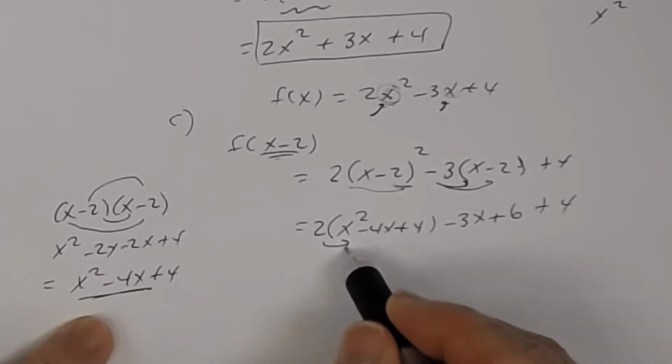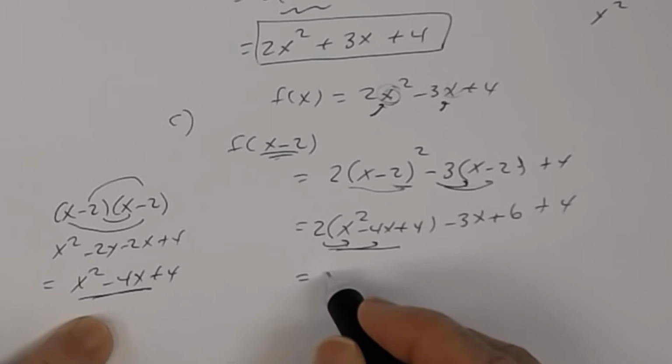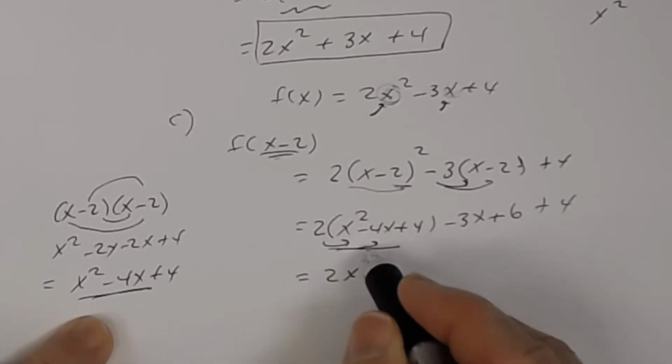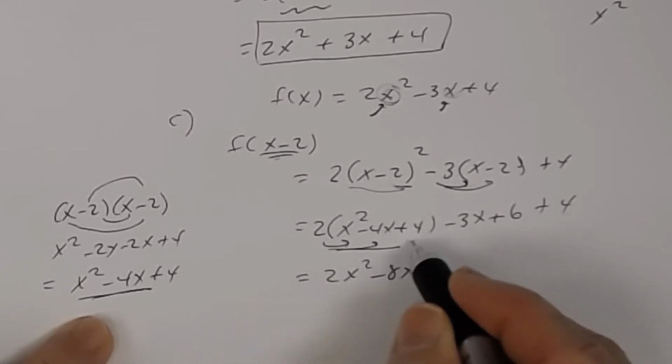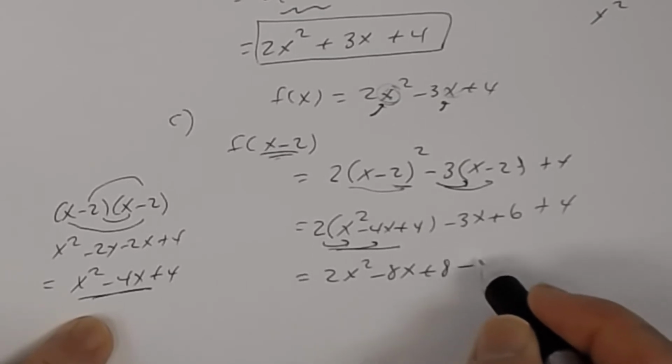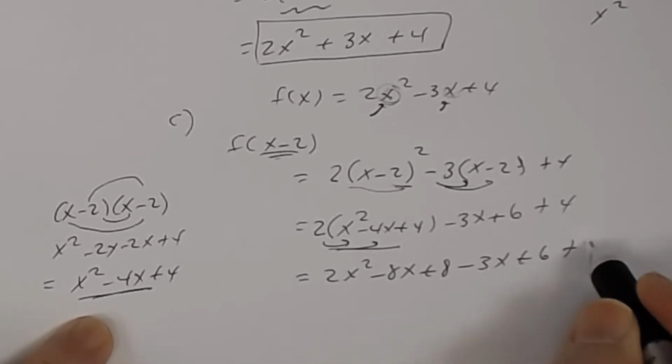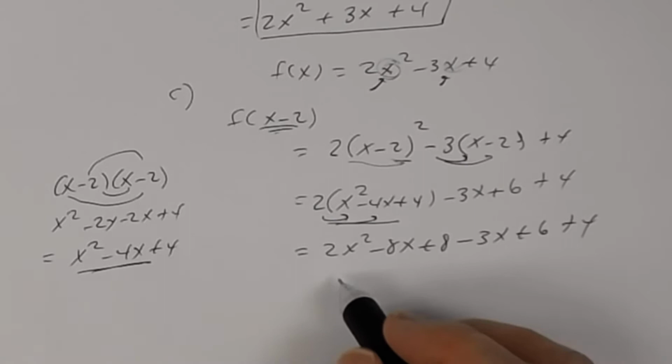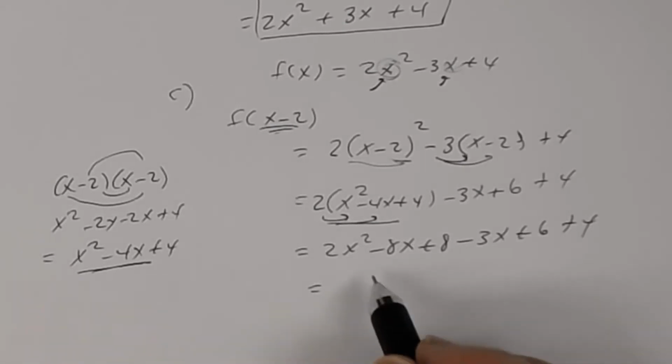All right, distributing the 2 here, we get 2x squared. 2 times a negative 4x is a negative 8x. And 2 times 4 is 8, and then minus 3x plus 6 plus 4. And then all you have to do now is just combine like terms. And so